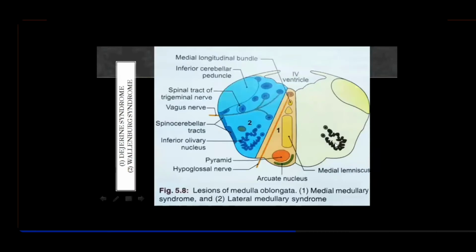Not much is there, because you have been taught in detail about the internal structure of the medulla oblongata. What remains is the blood supply of the medulla oblongata. If you remember, it is an ascending portion of the spinal cord. The spinal cord ascends up, and the junction of medulla and spinal cord is at the upper portion of the C1 spinal segment. From there above is the medulla, and its lower portion crosses the foramen magnum.